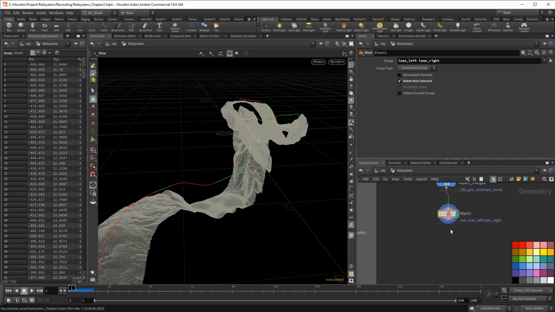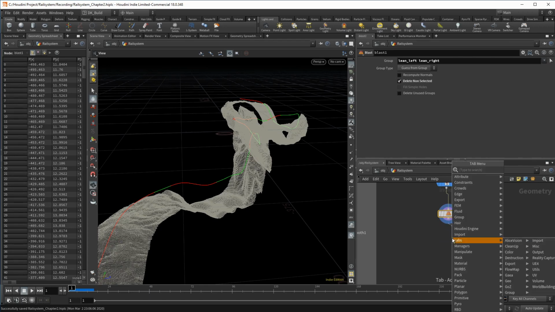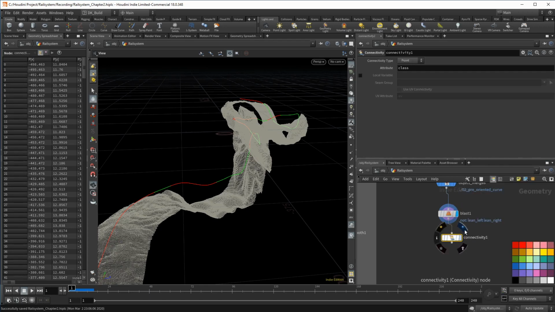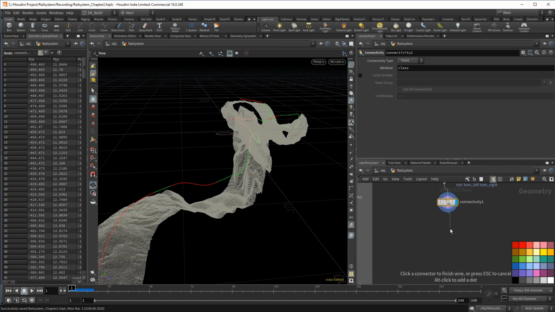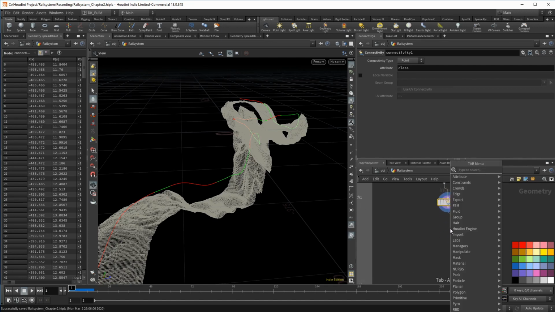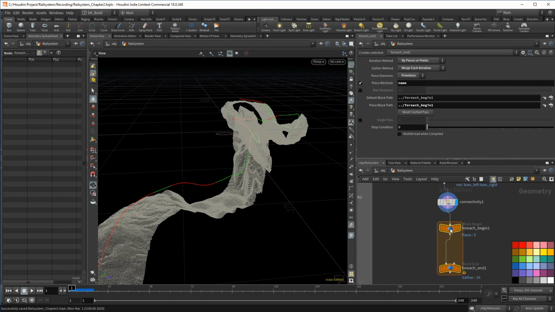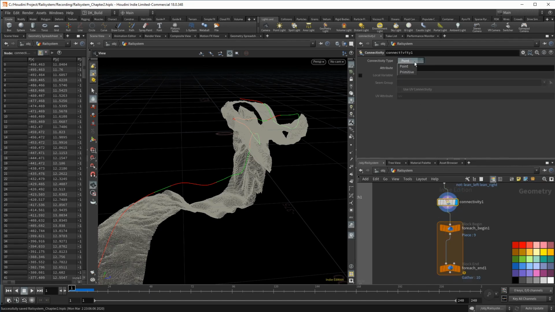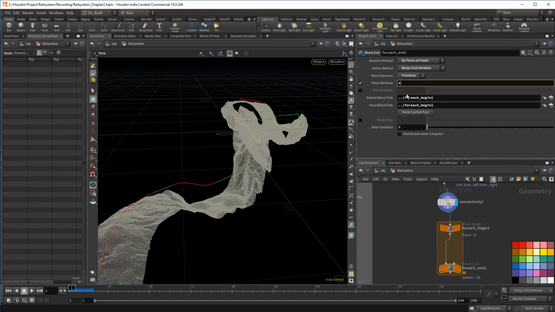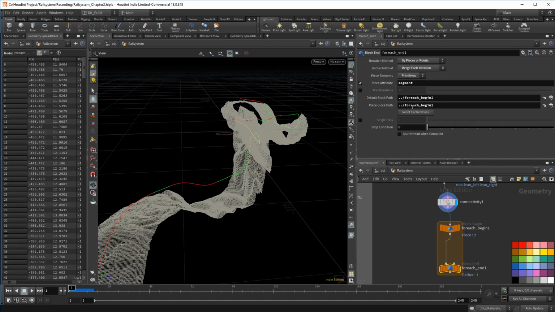through this section. To look only at connected segments, I need to know what is connected. For that, we can use the connectivity node, which we directly feed into a for loop. We are going to make sure that the individual left and right groups are not connected later. The connectivity creates an attribute that is placed on whatever it runs on. Let's turn it to primitive and call it segment. And that's the same name you need to use in the end block of the loop.